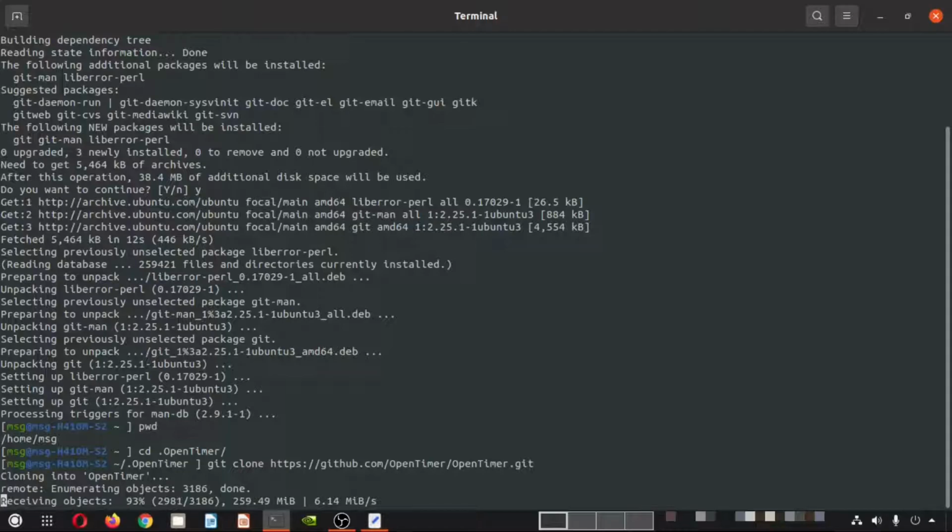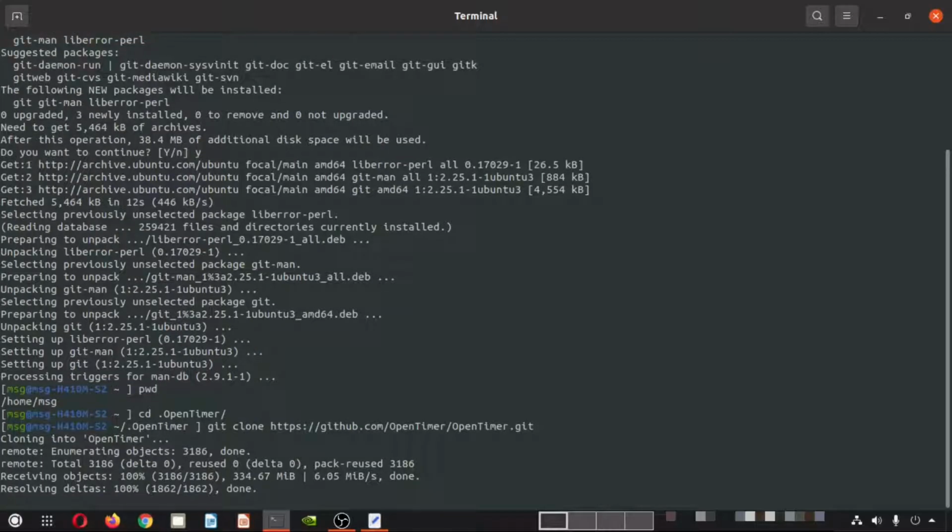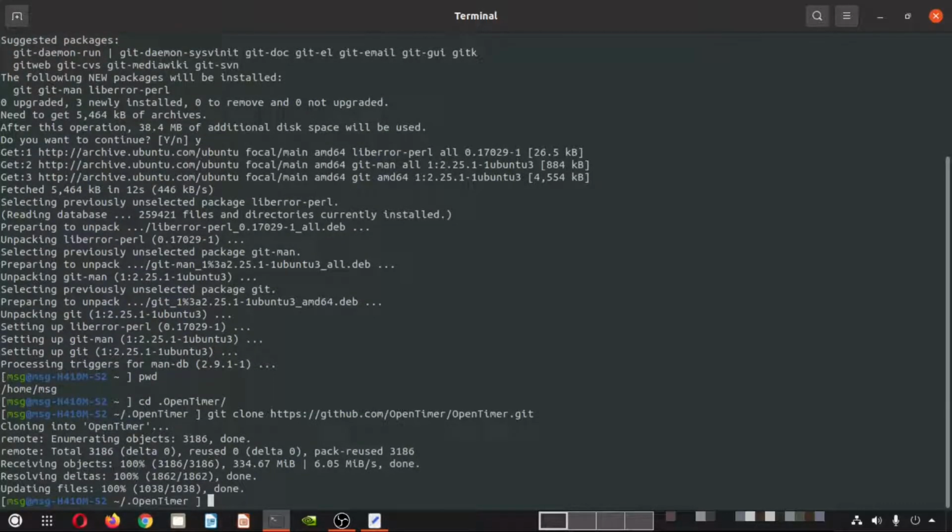As you can see, it is moving at a particular speed and all the files are getting cloned. We wait for all the files to be cloned, and then we can go to the next steps. Okay, cloning is done, so all the files have been copied.